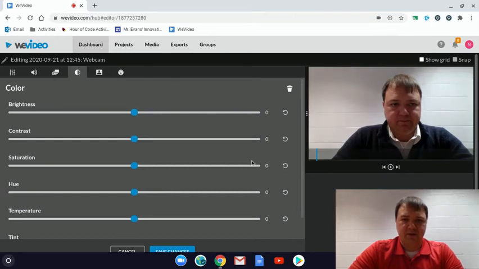And you see how these are all at zeros? If I drag it to the right, you see how it goes up in numbers, up to 23. If I go the other way, now we're going negative to get darker. And they all have this